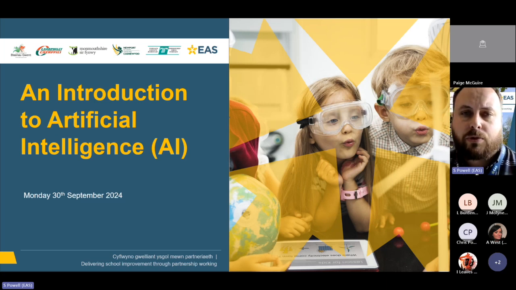The third session then, which will run the following week, will be on AI prompt craft. So how do we prompt the AI chatbots to provide us with the information that we need, that we can work with and use moving forward. And then the fourth session will be on AI in your curriculum. So looking at the AI tools that are currently available to you to be able to support teaching and learning in the classroom, but also looking at how we teach about AI and the resources that are available to us to be able to do that.